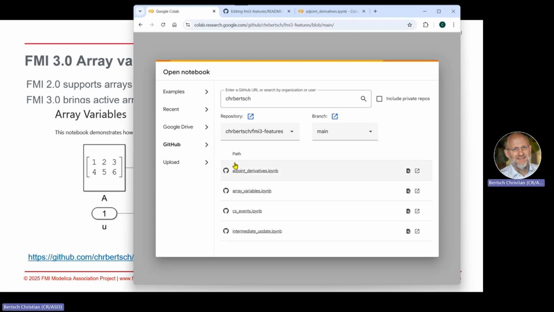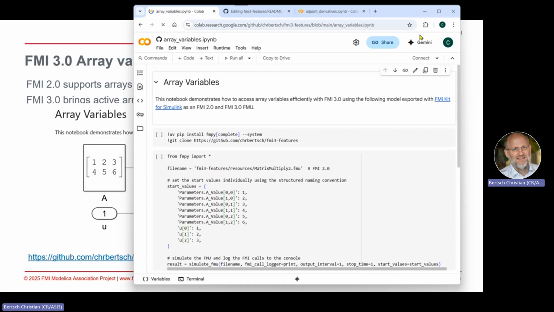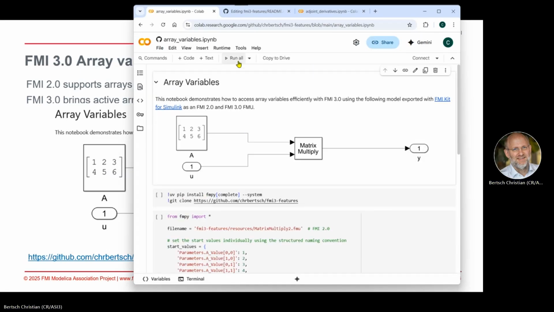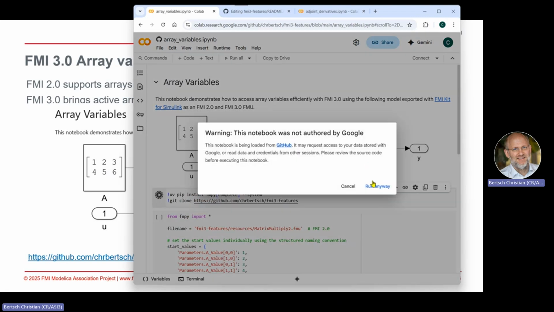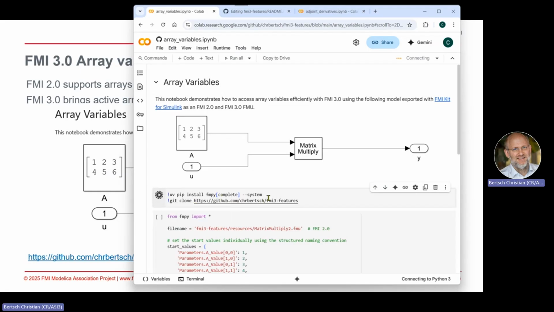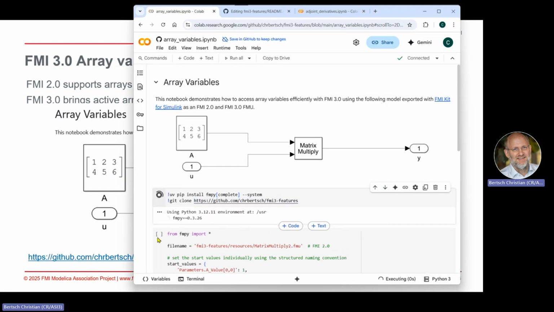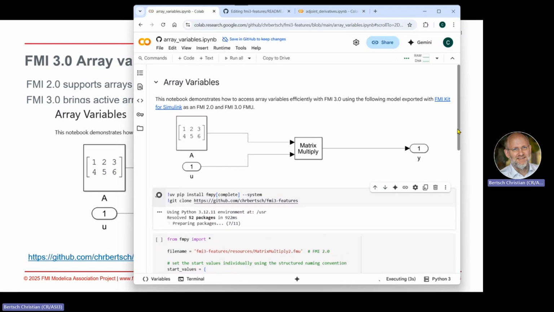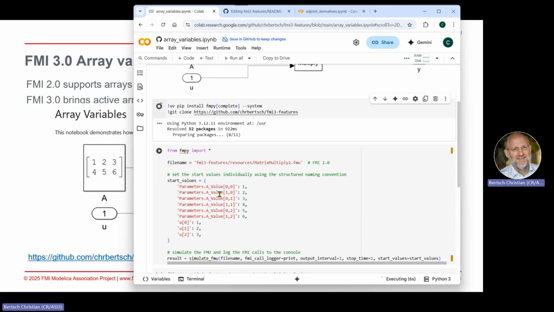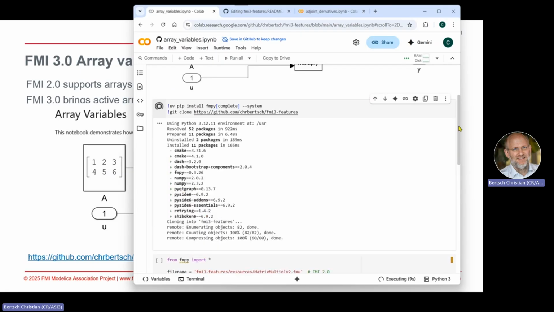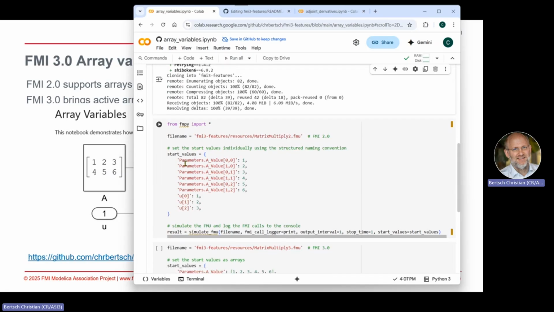So I have opened this previously. The links are shared. For example, for these array variables, we have this FMPy that we also saw previously. We have it running in Colab, and this just does the installation of FMPy, and I clone this repository, and then we will see what is shown here: with FMI2, as I mentioned, for such a matrix you have really different scalar variables for each index, and with FMI3,